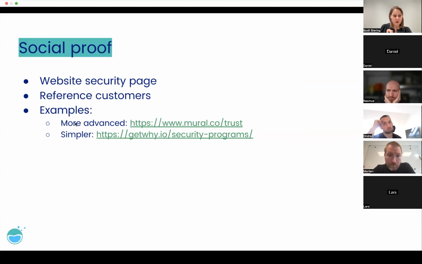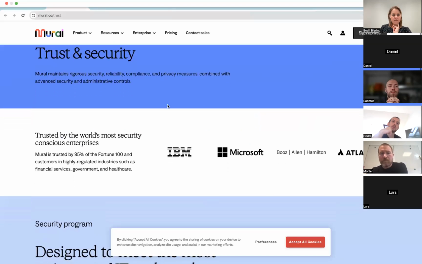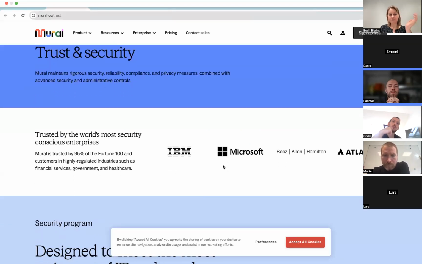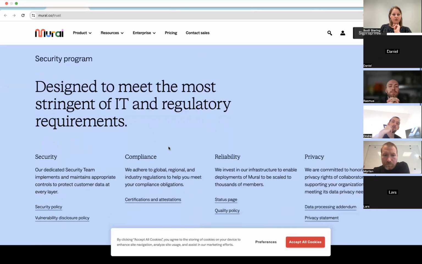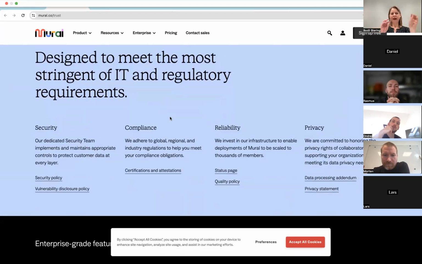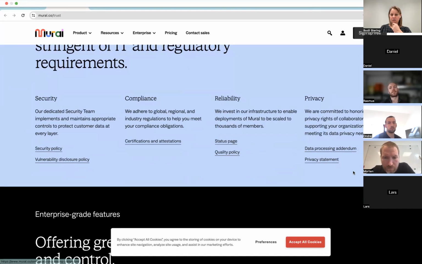I'm going to show you this one that's pretty advanced, and then we have a simpler one as well. They simply have a whole page with trust and security. Here they have their reference customers. Mural is trusted by... security program. So it's like the marketing version of what you've been working on. So just putting up, okay, this is what we're doing. And here you can see more policy, certifications, status and quality,